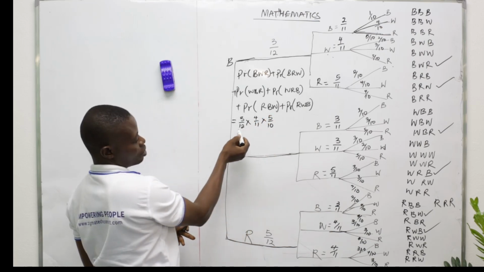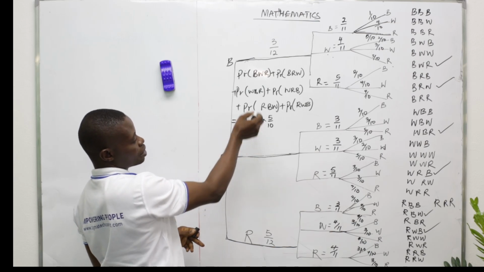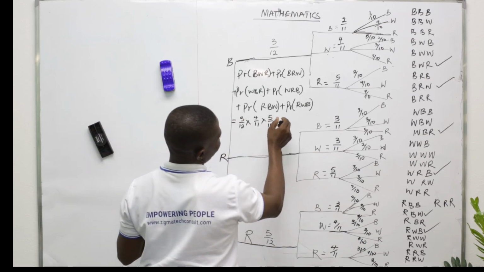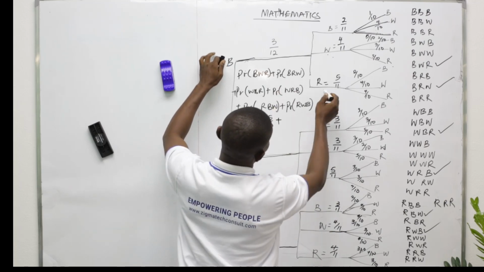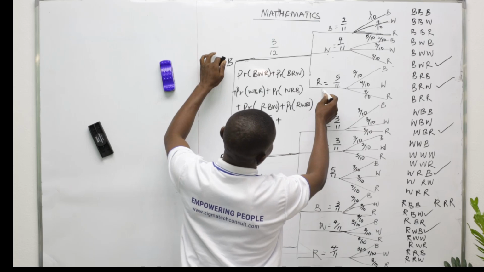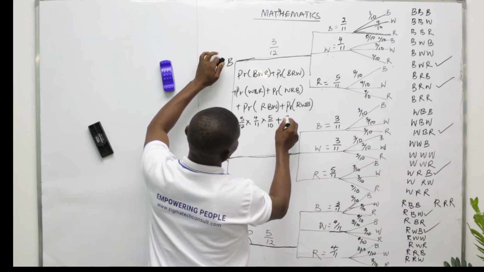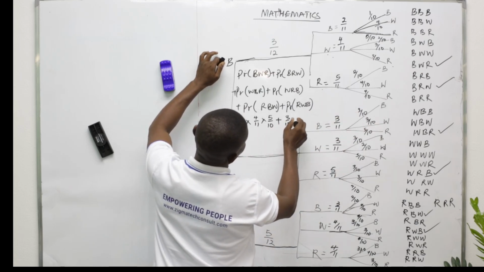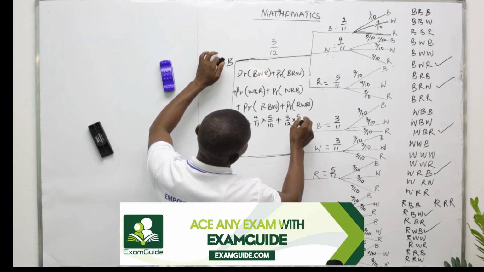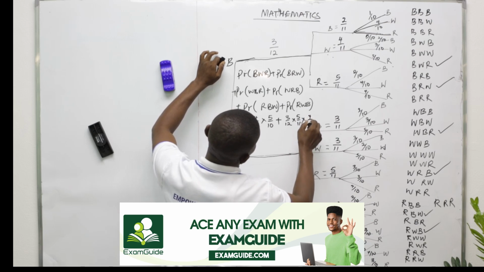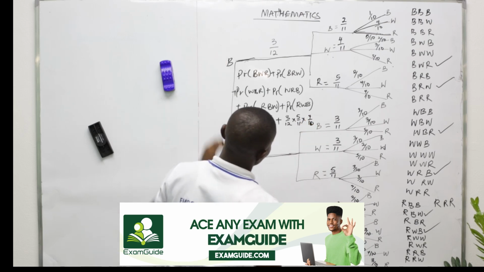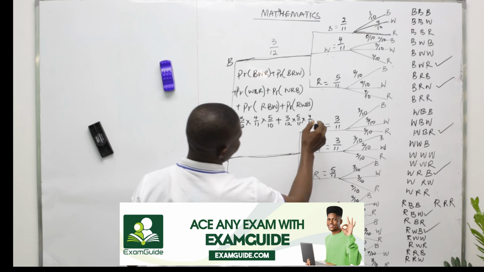You can see it, from the highest to the next is reducing. Plus this black, red, white. That is 3 over 12 times 5 over 11 times 4 over 10. Okay. Plus